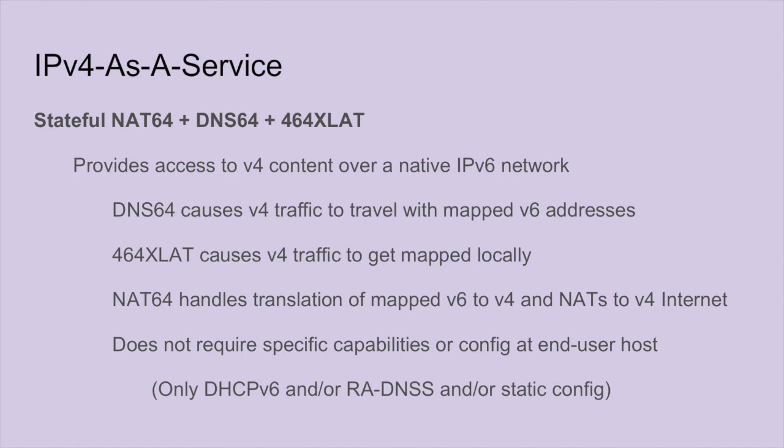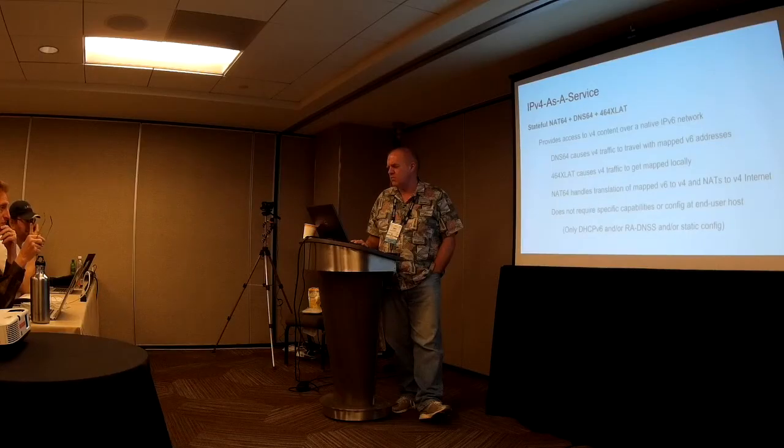IPv4 as a service that we kind of prefer is NAT64, DNS64, 464XLAT because we possess all the building blocks. Provides access to V4 content over a native V6 network through translation. DNS64 causes V4 traffic to travel with mapped V6 addresses. 464XLAT causes V4 traffic to get mapped locally. NAT64 handles translation of mapped V6 to V4 and NAT to